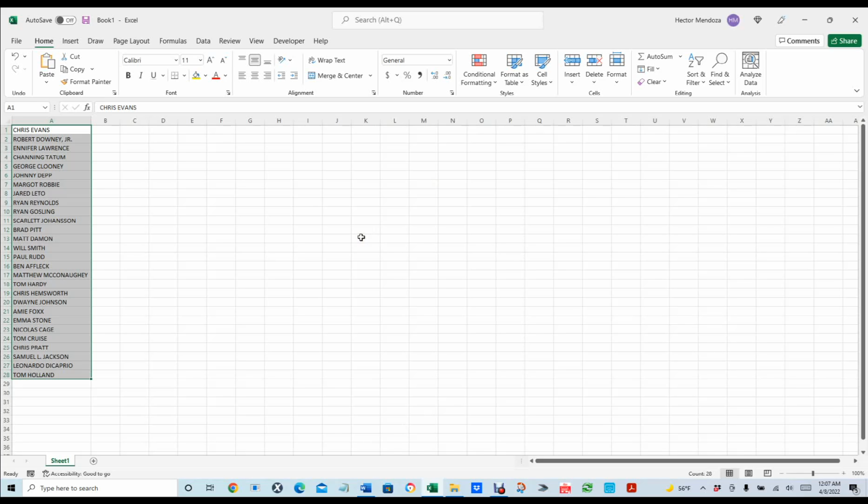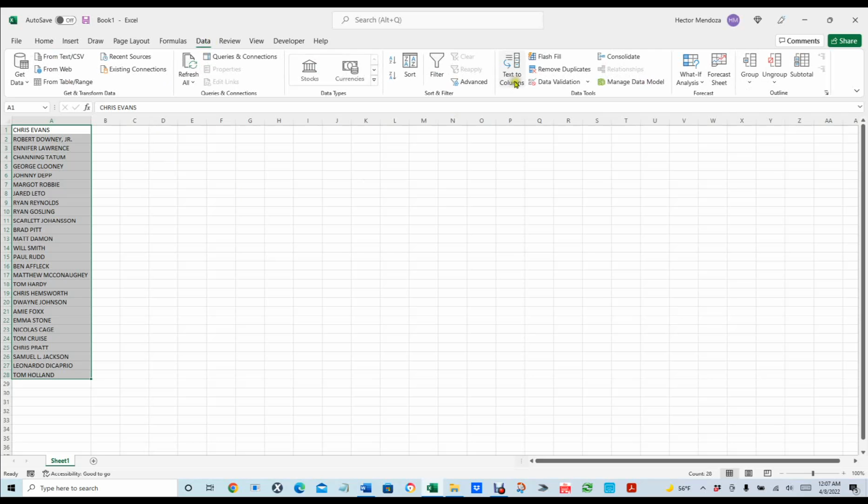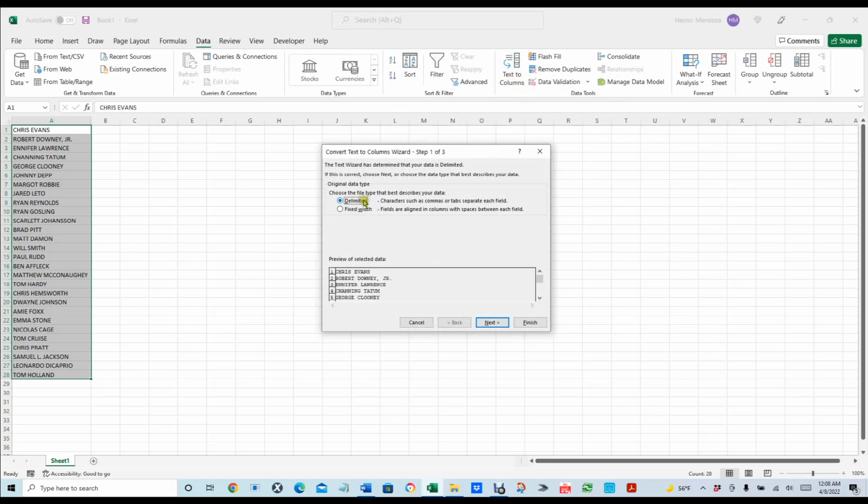So all you have to do is just go to Data. You're going to go to Text to Columns, and you want to select Delimited. Okay, so right here it shows you what it looks like right now. Okay, so if you hit Next,